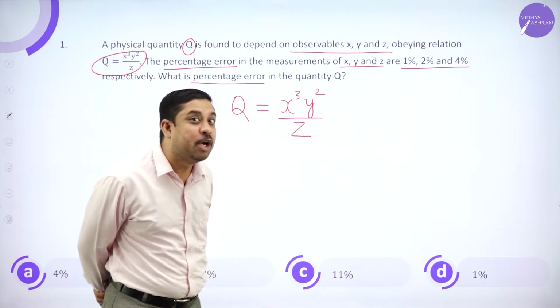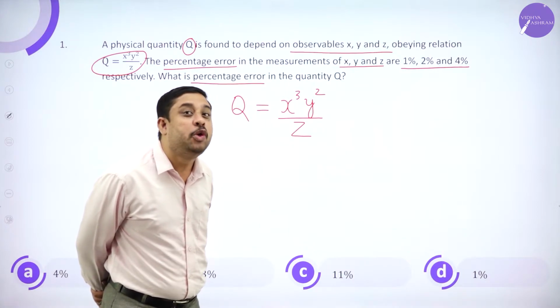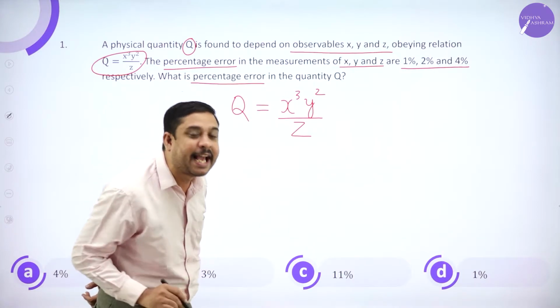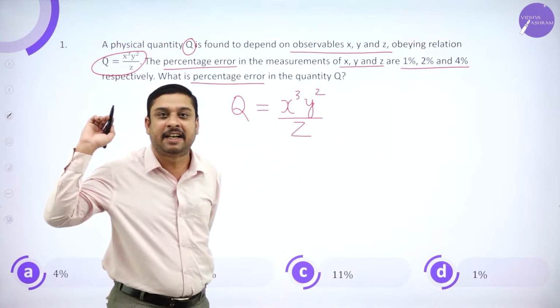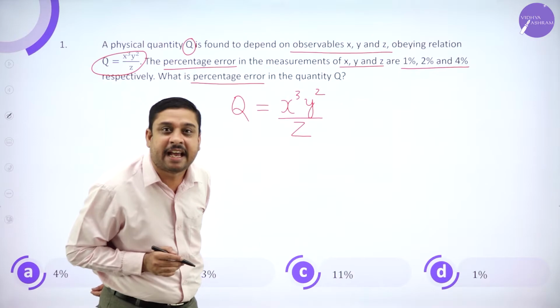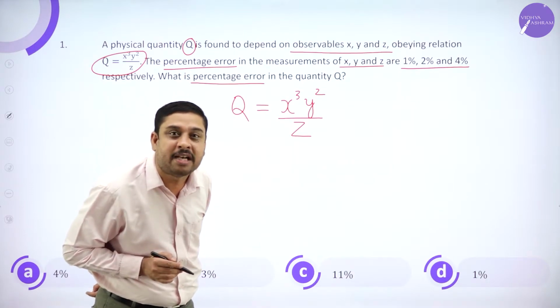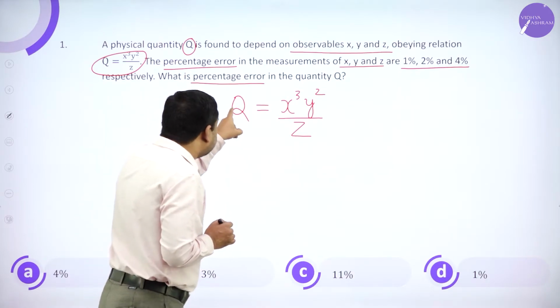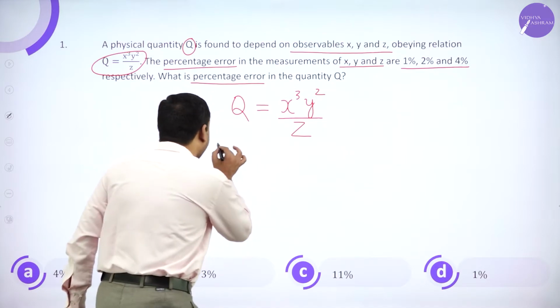I have explained in previous sessions. How do you calculate percentage error? Yes sir, we have studied. It is relative error into 100%. So percentage error in Q